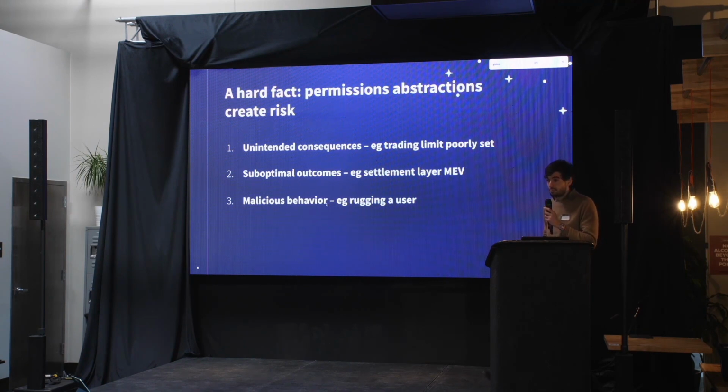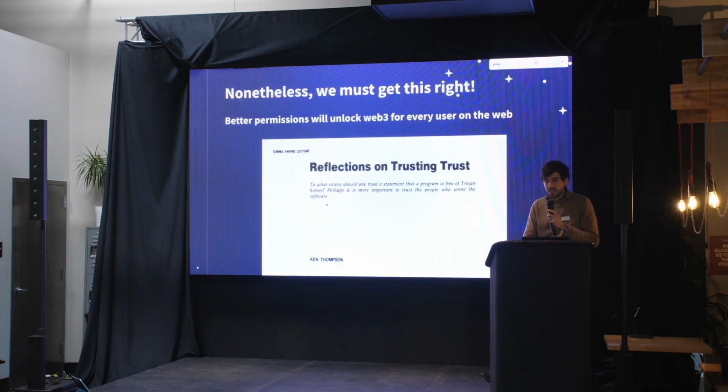And then finally, probably most obvious and scariest is malicious behavior. What if an evil app, what if an evil client, what if an evil tool wants to ruin your users? And what if they basically do some version of pig fattening where they get them to give more and more permissions until it's time to rug, and you can do this all in one go. So I'm saying this not because I think there's no way out, but because I think the tension is constant. And I guess in my mind, it's really important that we embrace the fact that permissions will always be faulty because abstractions will never be perfect.